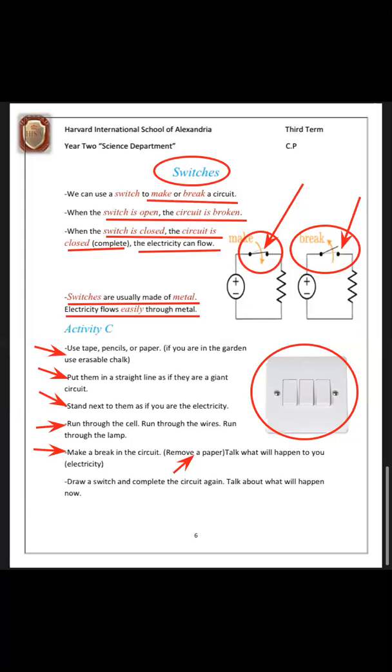Talk about what will happen to you as electricity when you see this missing part. Are you going to go through still, or are you going to just stop? Draw a switch and complete the circuit again. Okay, you're going to put the paper back again, but you're going to draw on this paper a switch. And you're going to write on and off. And you're going to go back again to the very beginning of the papers and go through your own way